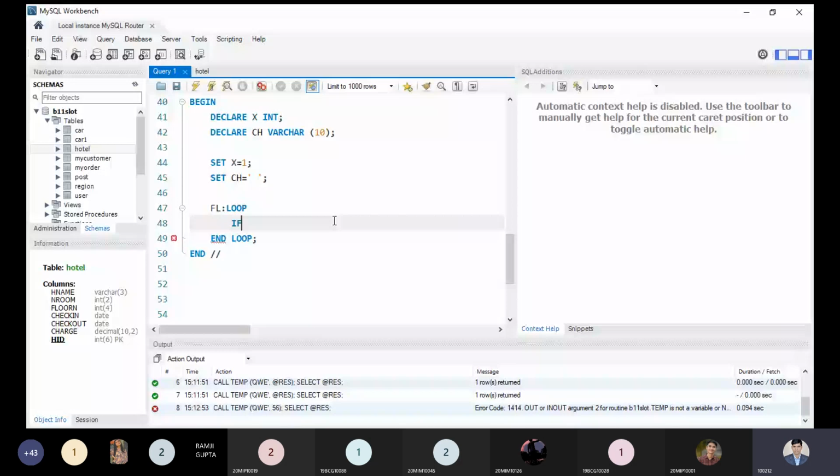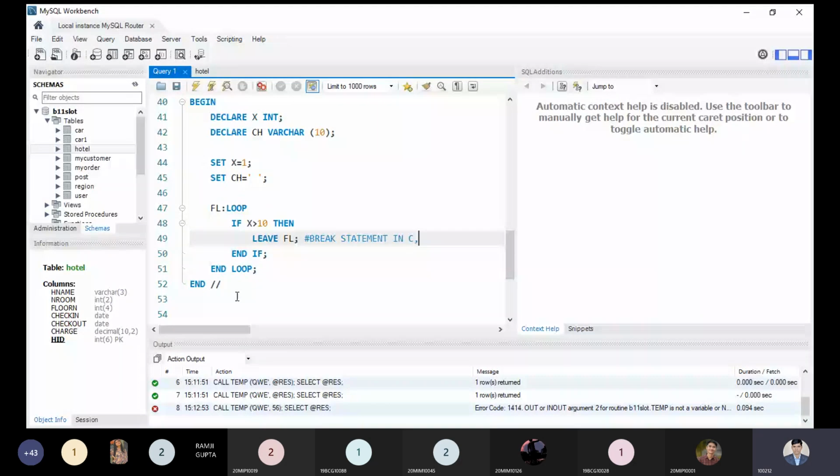So what is it saying to us? The leave statement is an equal statement, just like a break statement in C, C++, or Java, and of course in Python as well. So if it is happening, our loop should be terminated if x is greater than 10. But as an initial value we have initialized x as 1, so there will be no issue. This condition will always be false till x is greater than 10.